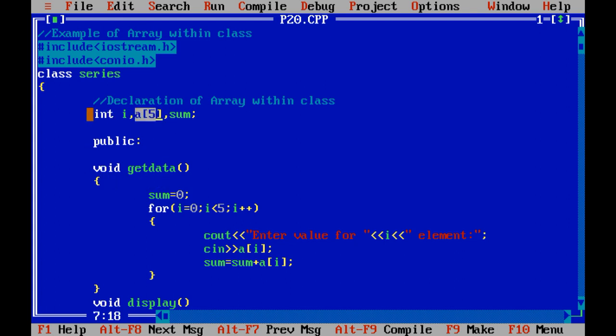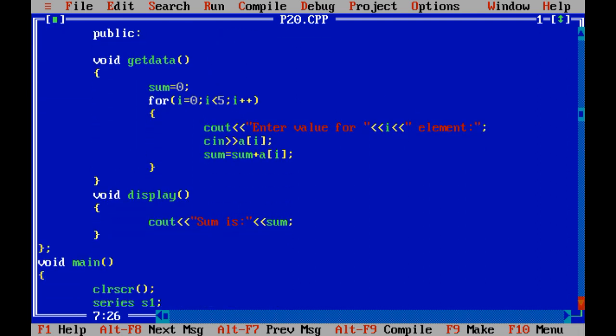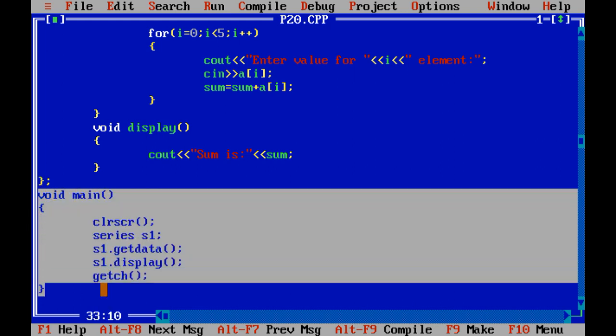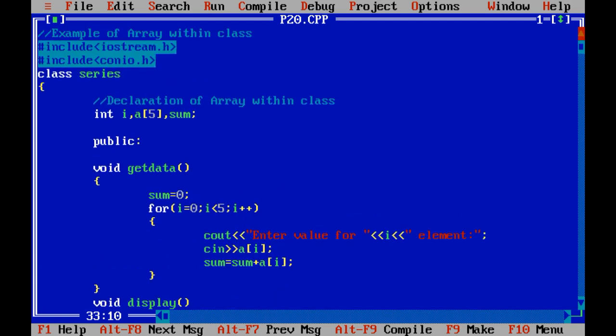Now see, the variables i, a and sum we cannot use outside the class. That means in void main I cannot use s1.i, s1.sum or s1.a. What is the reason? Because those three variables are declared as private variables of the series class.